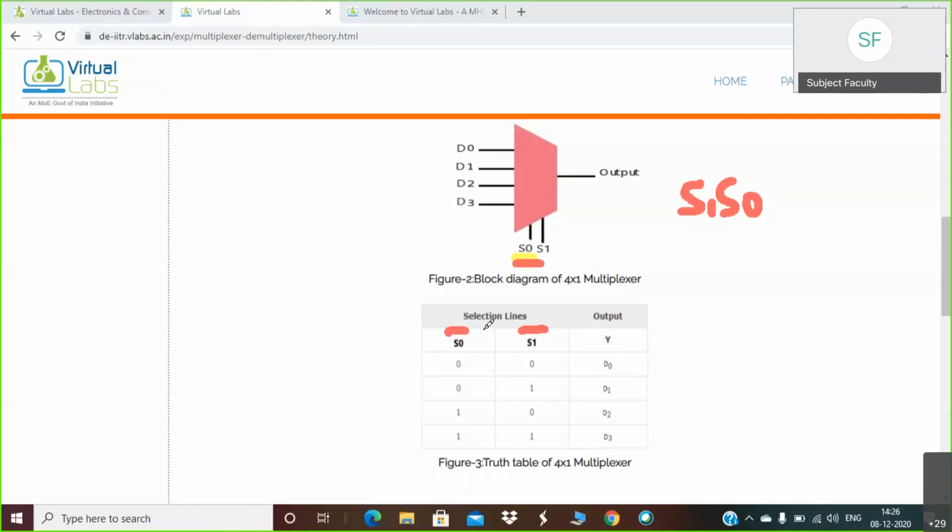When both select lines are 0, 0, then the output will be D0. When S0 is 0 and S1 is 1, then the output will be D1. When S0 is 1 and S1 is 0, then the output will be D2. And finally, we will get D3.